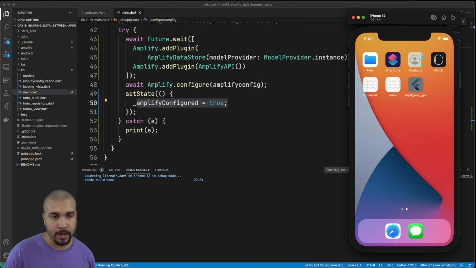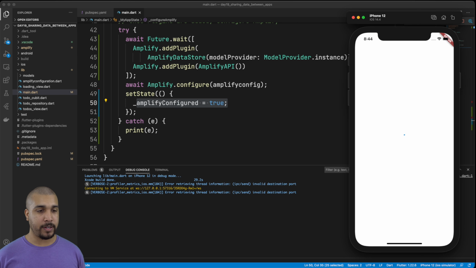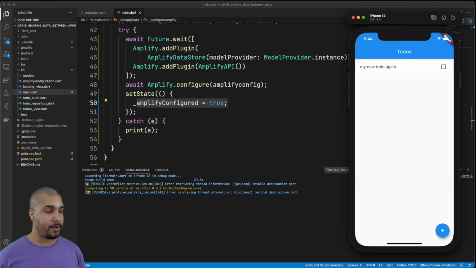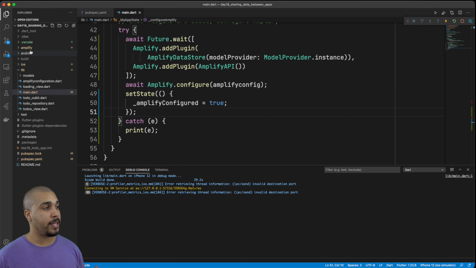All right, and here we go. So our app is opening up. We're waiting for everything to configure, and bam, we get everything configured. So it looks like we're good. Now, since we have our to-do right here, we can see that everything is working and we were able to configure everything properly. But I do want to point out one little thing that you need to be aware of